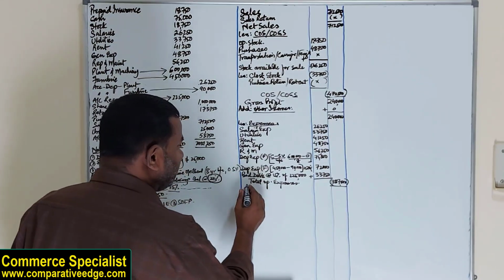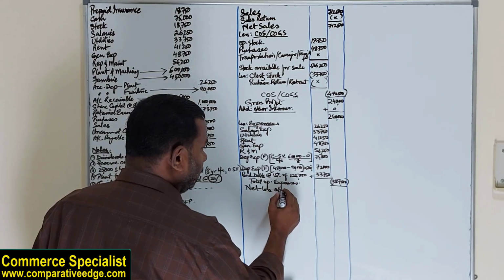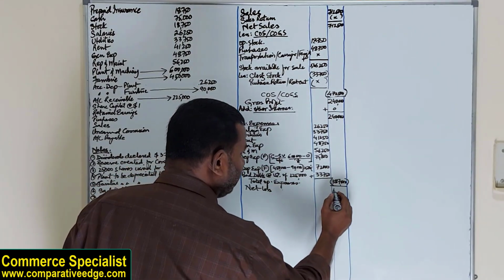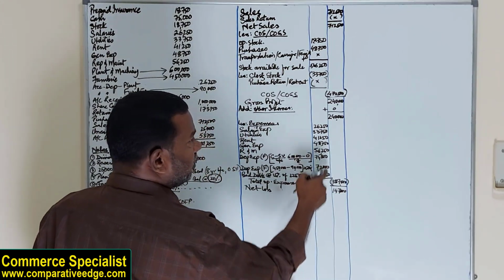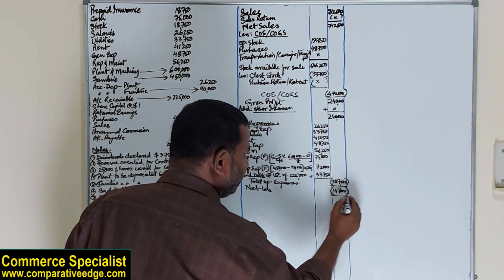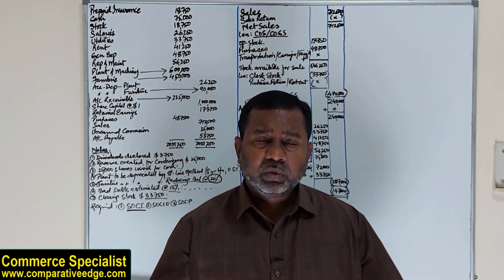And here there is a net loss of 147,000. Because your expenses are more and the gross profit is less, loss is reported in negative. This is your net loss. For company accounting,